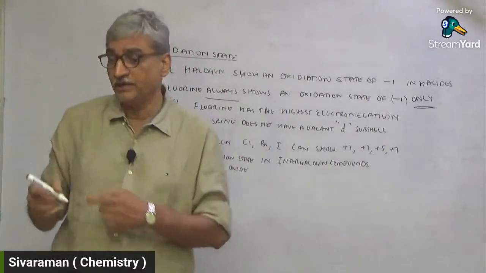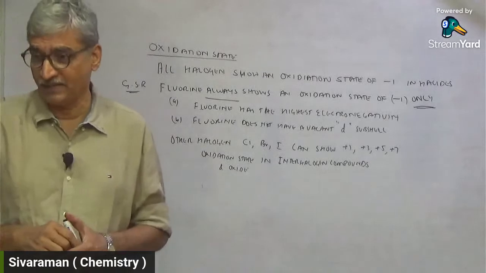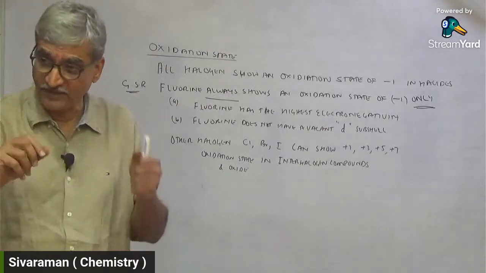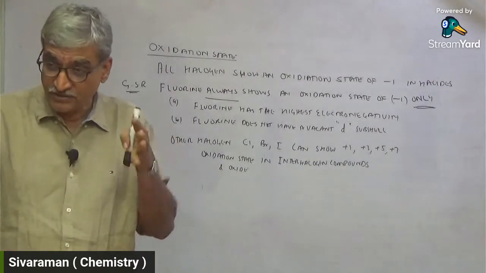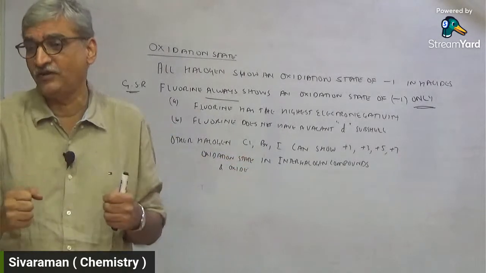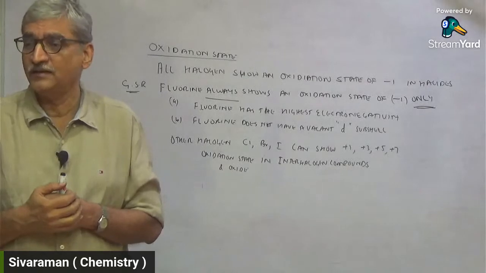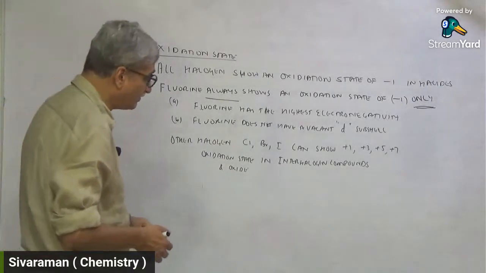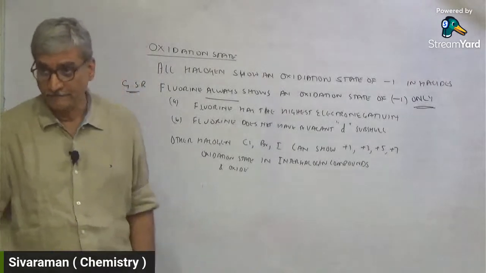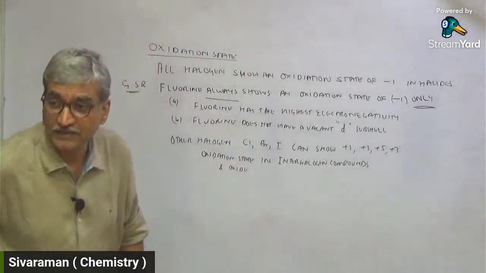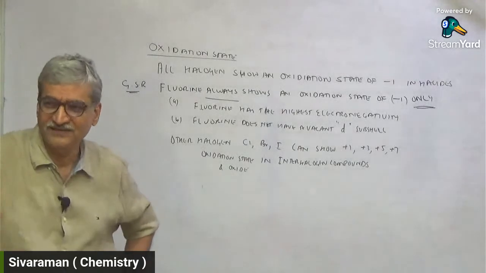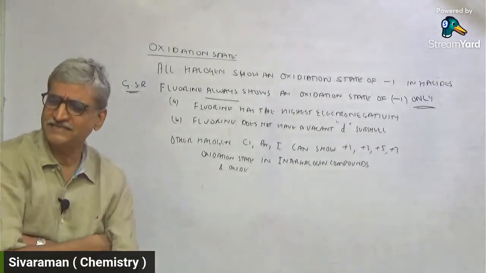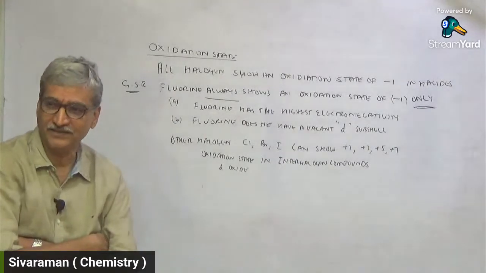See, oxygen is more electronegative than chlorine. Remember that: oxygen has an electronegativity of 3.5, chlorine has 3. So chlorine and oxygen can combine and form oxides. What are interhalogen compounds? I told you, normally within a group the elements don't combine, like sodium and potassium, the best example. They form alloys, but they don't chemically combine.